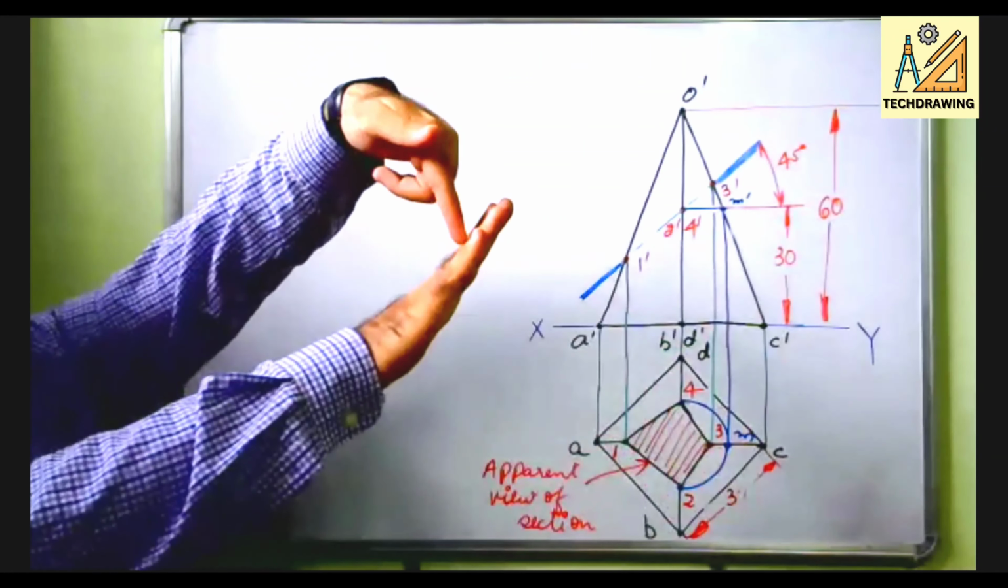So how will we draw the true shape? How to obtain the true shape? If this is the cutting plane, to get the true shape I will have to see perpendicular to this. I'll have to draw a view which is perpendicular to the cutting plane. Like this, I will have to draw. Then I'll get the actual shape, right? So what you need to do,